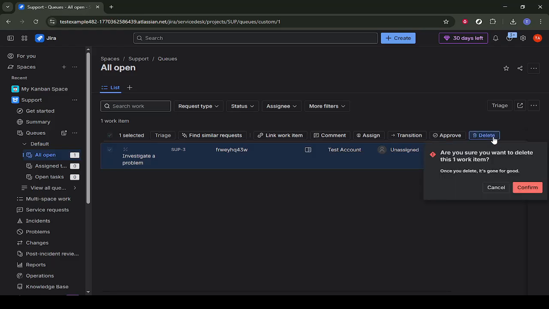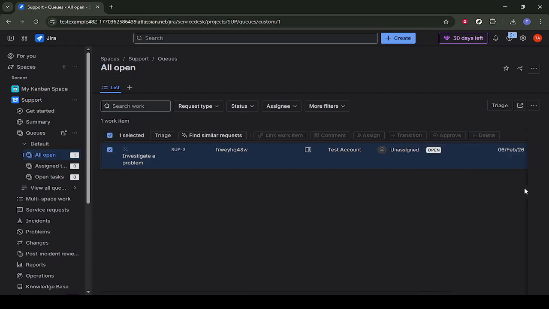Jira will not delete the ticket immediately. A confirmation dialog will appear. This is your last chance to review what you're doing. Read the confirmation message carefully, and if you're certain you no longer need this ticket or its history, click Confirm